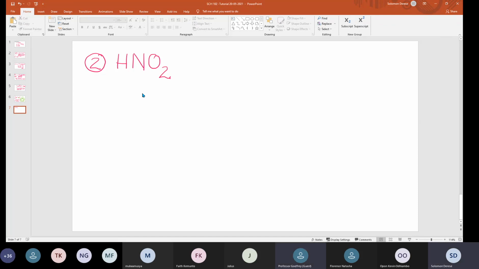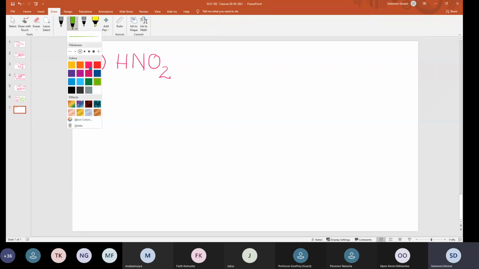Yes, sir. Thank you. So let us now draw the Lewis structure of this molecule called HNO2. I like following steps. I want you to be neat. When you are doing your work, you must do it neatly. Neatly means you must have logic. You don't bring an answer out of the blue. There is a thought process that was used to arrive at the answer. So step one